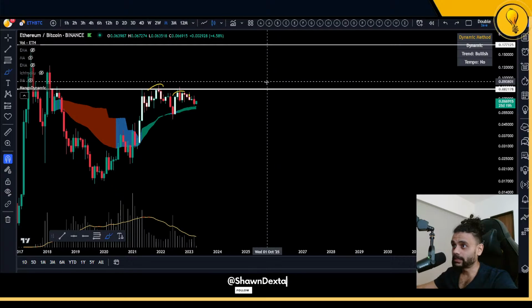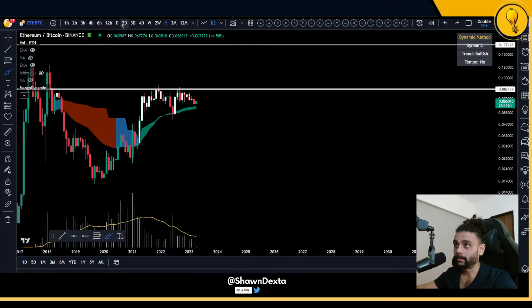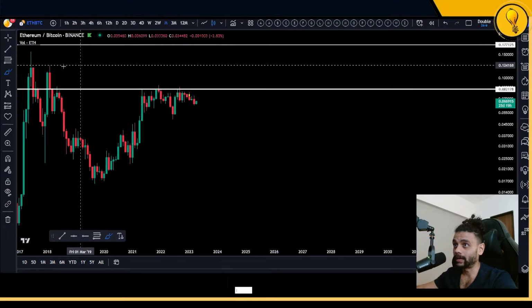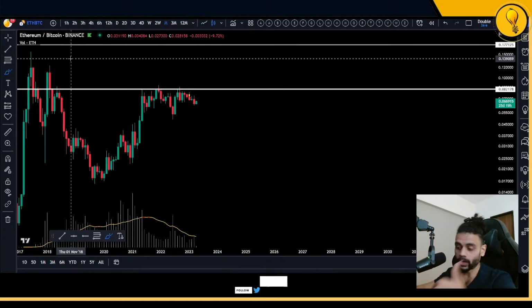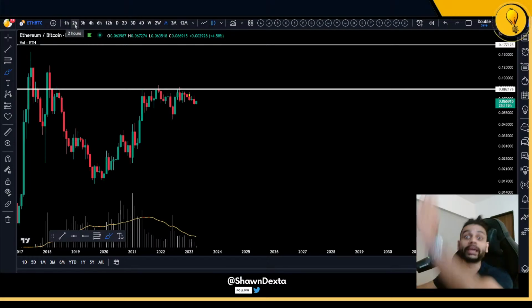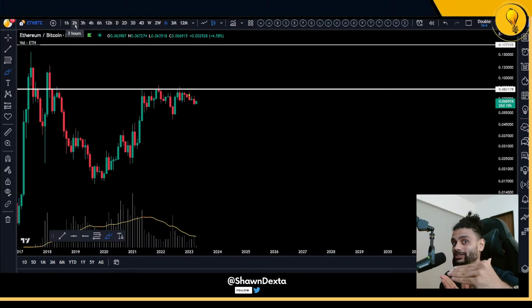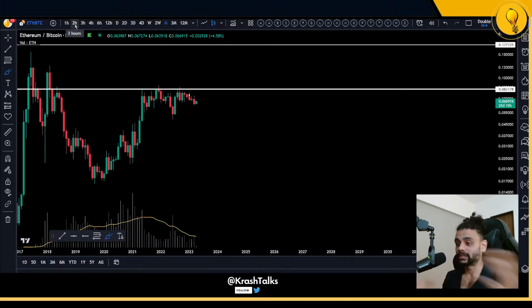BTC is difficult to trade on the lower time frames because you're going to see that a lot of times it's going to put in the perfect bear structures on the 4-hour, on the 12-hour, and then it'll break up. Then it'll put in the perfect bullish structures, and then it's going to break down, right? It's literally bear trap after bear trap after bear trap,